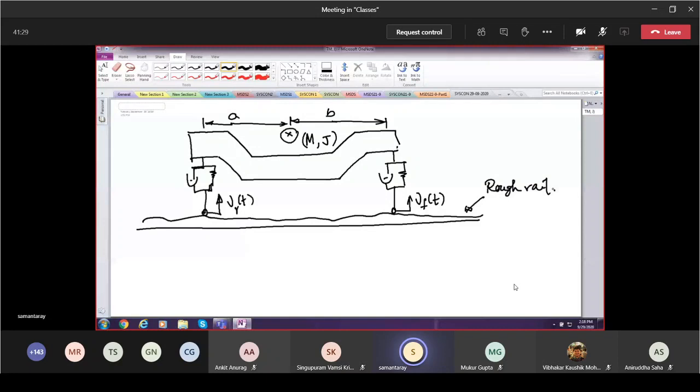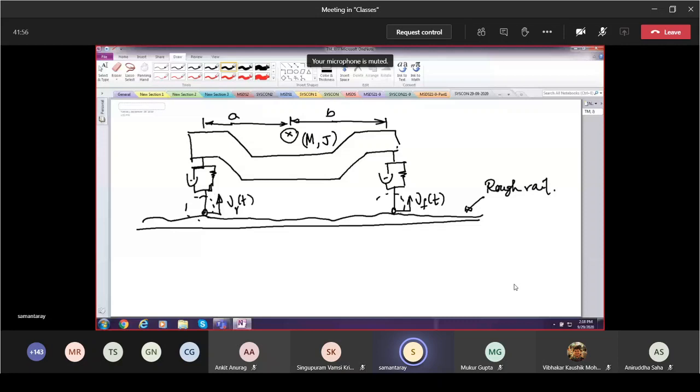All right. So why have I not taken a vehicle? Because if I take a vehicle, here again the axle will come, and below that the tire will come. So we will have a bigger system, and it will take quite long to derive the equations. Everything is possible, so I have limited it. So I have a rock rail on which this vehicle is there. This is my wheel, basically. This is my hard wheel.